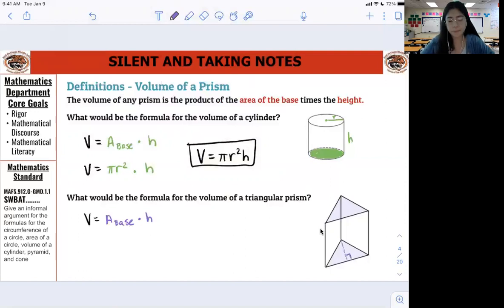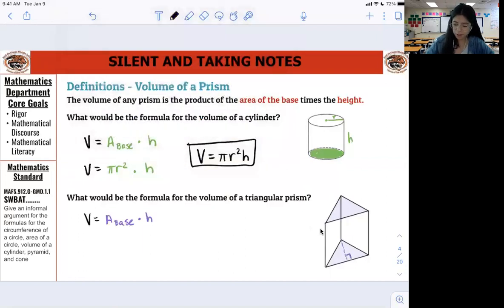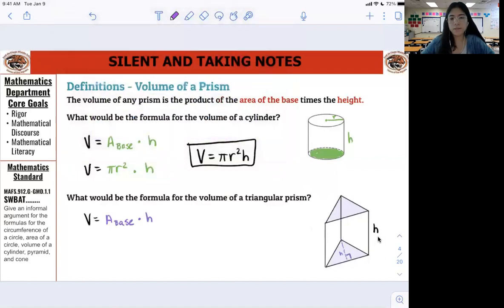If you think of it like, this is where it gets a little bit confusing, so I just want to be very clear. This is the height of the prism, and this is the height of the triangle, of just the triangle. So we're going to be a little bit careful with this. Instead of making them both H,